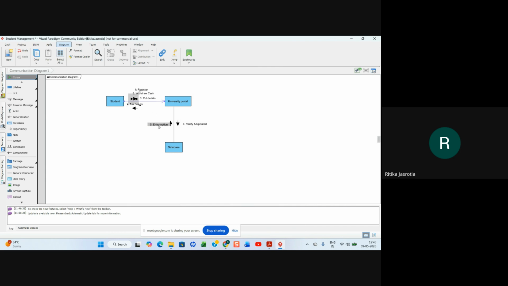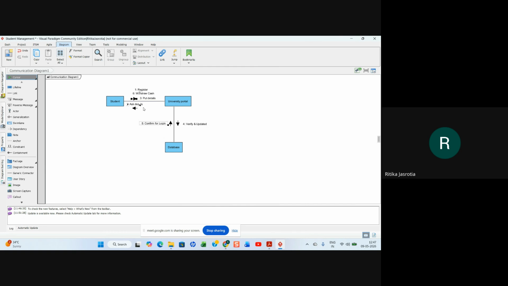So fifth one we will put here. Confirm, and confirmation of login will be given to the portal.